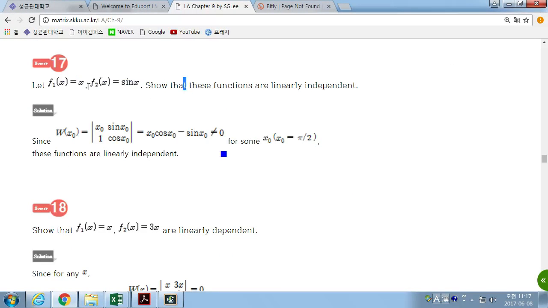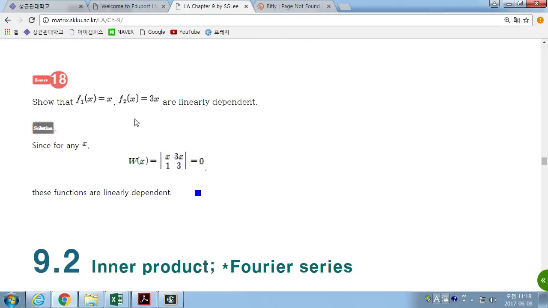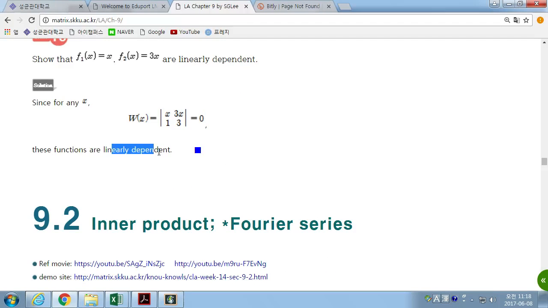So suppose we have these two continuous differentiable functions f1 and f2, then we can check whether they are linearly independent or not. So take these two functions and the derivatives of them, first derivatives, and find the determinant of it. This is not a zero function. This is not zero for some x0, so it is linearly independent. The Wronskian is not a zero function, so linearly independent. But for these two continuous functions, which are differentiable, the Wronskian is a zero function, always. It's zero for all x, so they are linearly dependent.